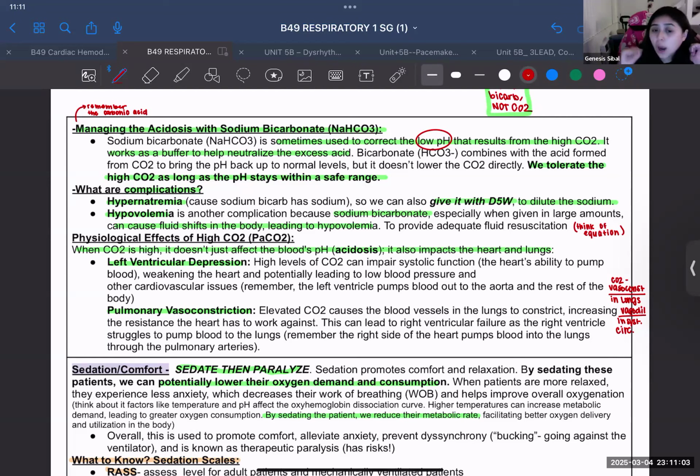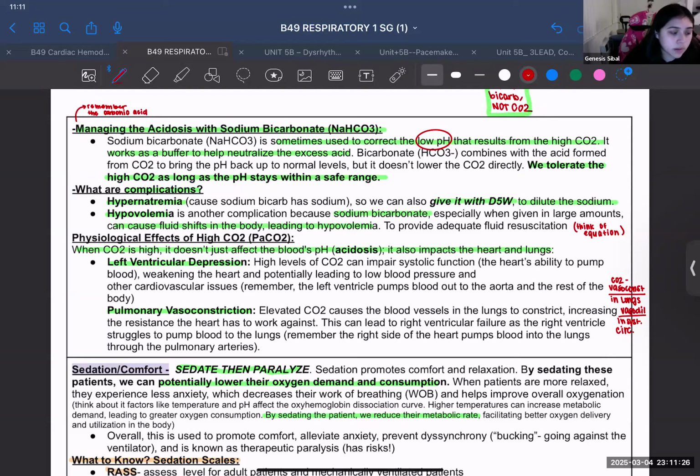I don't remember her asking about this, but I do think it is helpful to know, because in the future, if you ever decide to work in a critical care setting, it's just helpful. And also, when we start adding other stuff into the semester in terms of CO2 or in clinic, I remember I was thinking one day, oh yeah, it's a vasoconstrictor in the lungs. So very helpful, I think, to know that. But again, everything's fair game.